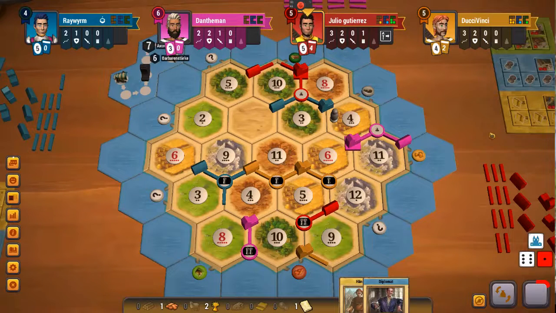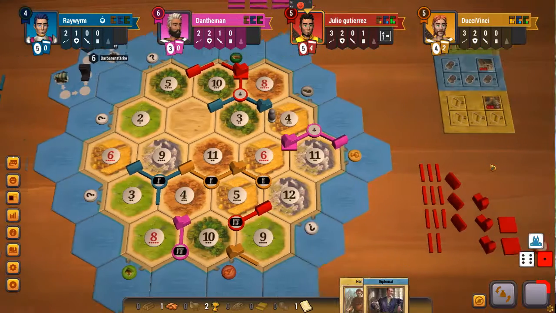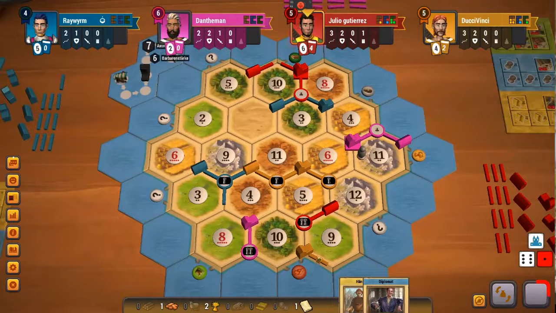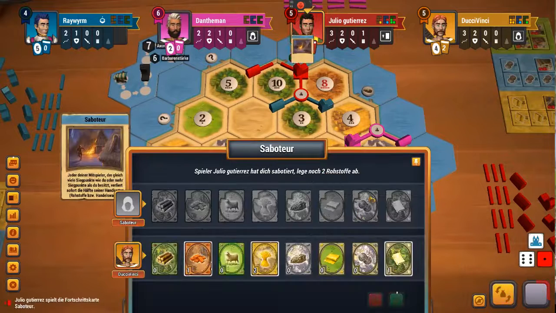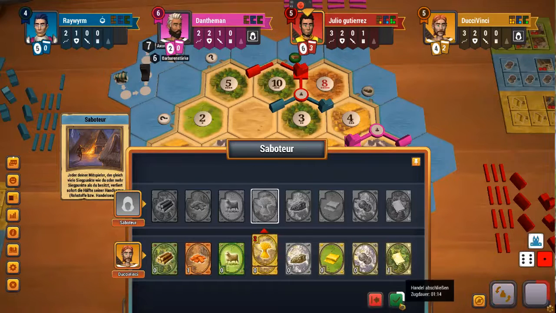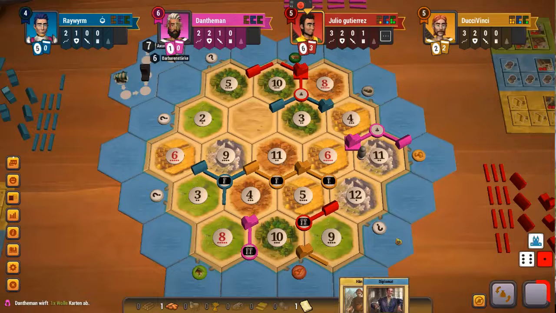And I'm sure he will do something useful with that. I got a diplomat, I can take away a road, which I will probably play on myself. So if you remove an own road via the diplomat, yeah, I should produce enough grain, that's okay. So if you remove an own road, you can build it somewhere else, which